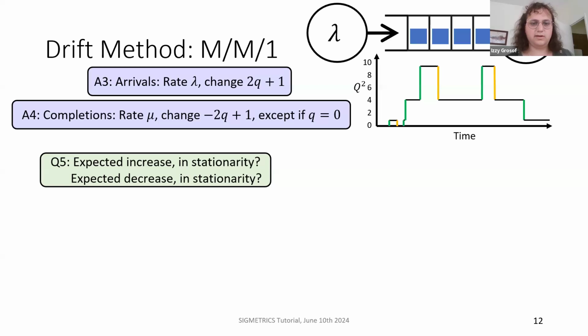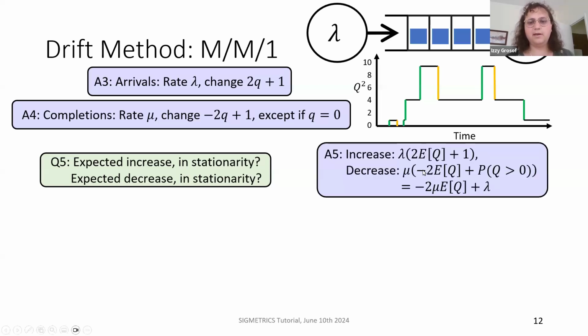So if we work through, here's another question for you. You can work through it. The increase we end up getting is just lambda times twice the mean Q length plus 1. Before it was the specific Q, now it's the mean Q length. So the decrease is mu times negative 2E of Q, and then instead of plus 1 here, we actually have